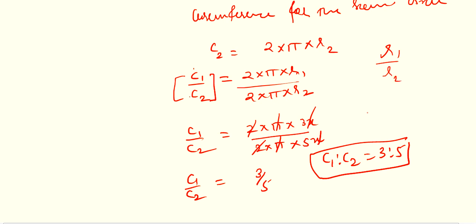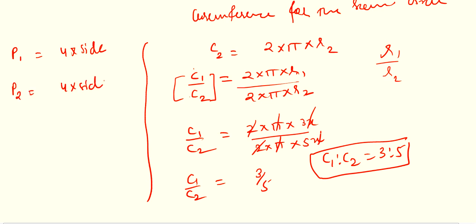Then question number 24 is on squares. 23 and 24 are on squares, the same kind of question, okay. Let me tell you 23. What will it be? Perimeter, write it the same way: perimeter of the first square is 4 into side, then perimeter of the second square is 4 into side. So now we will divide. So perimeter 1 upon perimeter 2 equals 4 into side upon 4 into side.